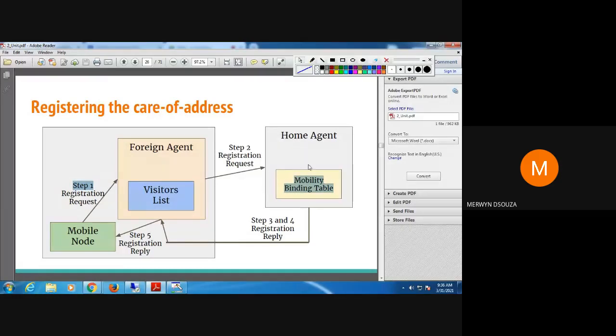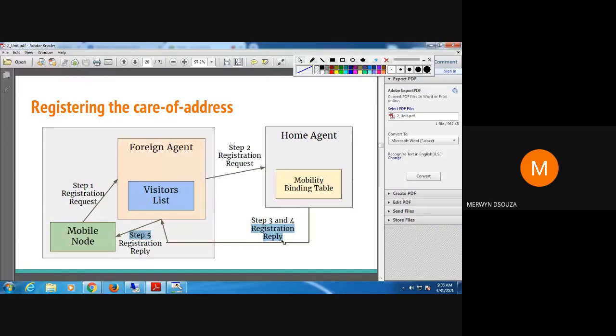So in the third step, after it gets the registration request, the home agent will associate the care of address with the mobile node's home address. Basically it updates its routing table. Once it does that, in step 4, it sends an acknowledgement to the foreign agent. It had got a request, so it replies to that request with an acknowledgement.